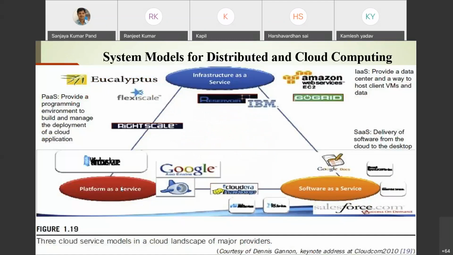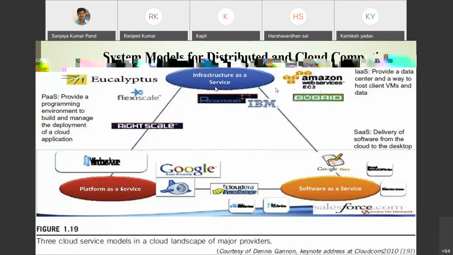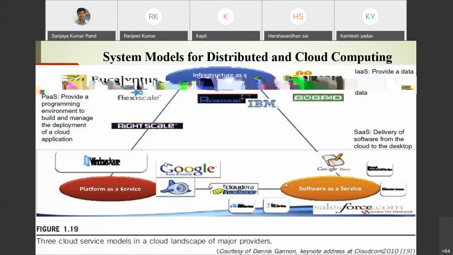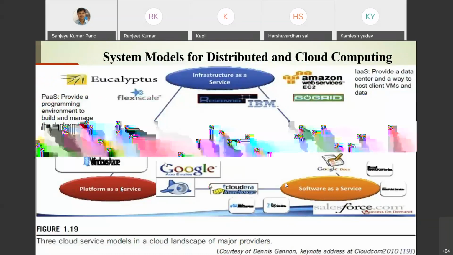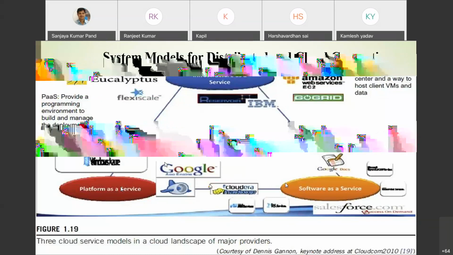In the picture you can see there are three cloud service models. Amazon, GoGrid, software as a service, platform as a service, and they are related. So you can browse Google, providing infrastructure, who is providing what as a service. And what they provide also. But they may be best known.